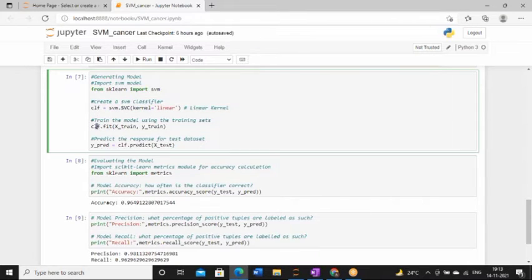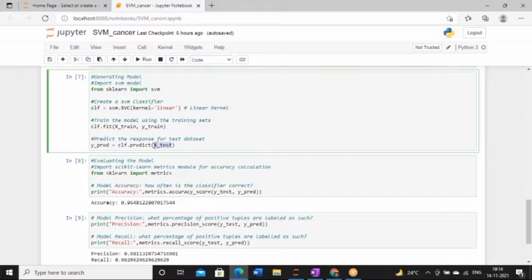So on this CLF variable, if I invoke the fit function, then we can fit our model on the training data set. So that I have done over here. And then I have tried to predict the response for the test data set, meaning the prediction part. Because in the training part I have already discussed, we will only pass the feature, that is only the X test part. We will not provide the class label part.